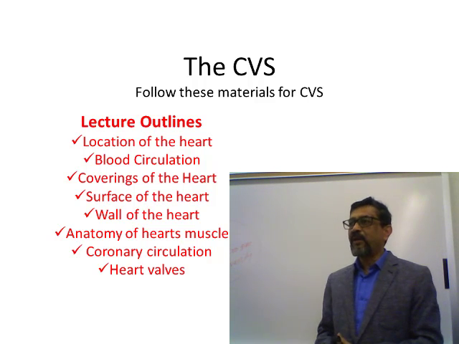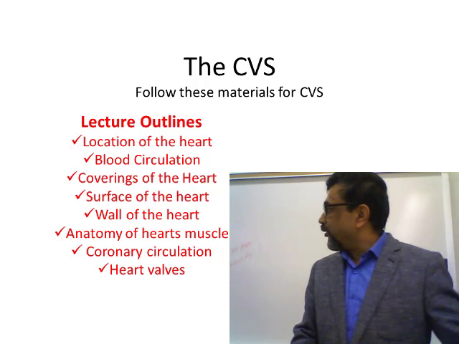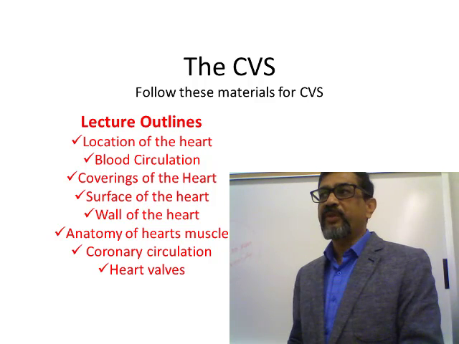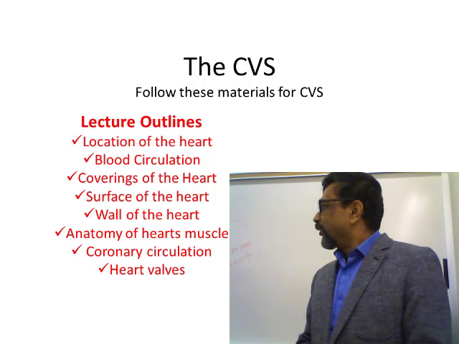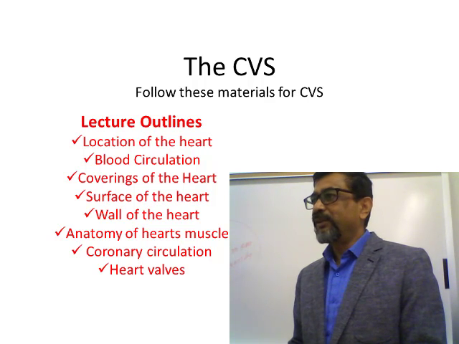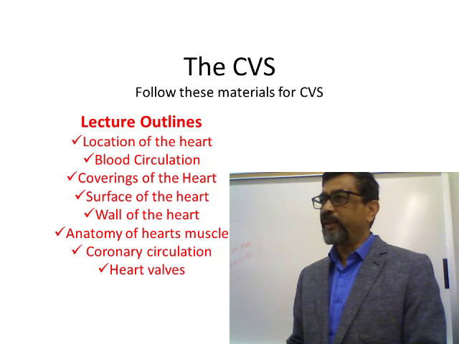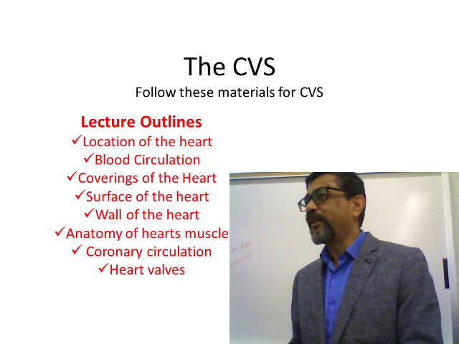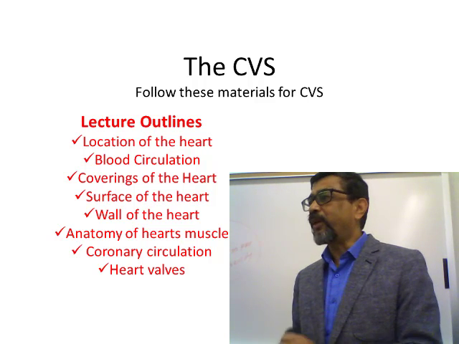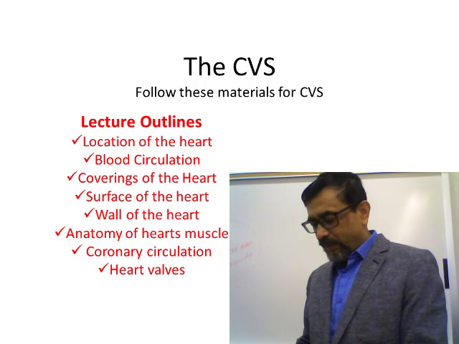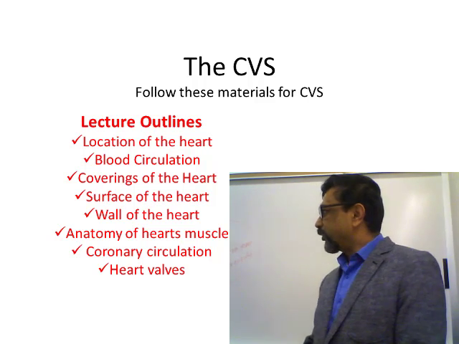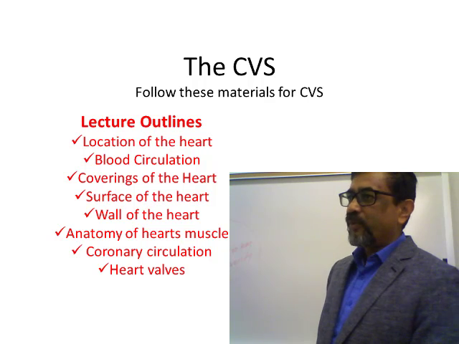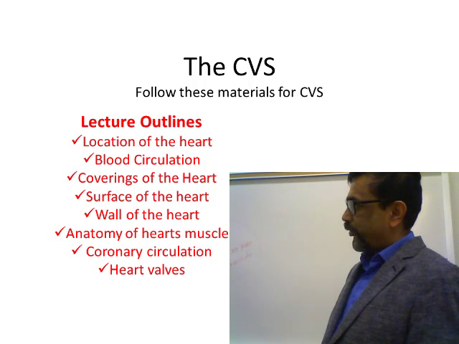We'll see the location of the heart in your body. Then we'll talk about the circulation of blood. There are two types of circulation, systemic and pulmonary. There are two other types of circulation. One is called portal, another is called fetal circulation. We'll talk about that. Then we'll talk about the coverings of the heart to protect the heart, surface of the heart. If you look at the heart from outside, what are the structures you will be able to see on the surface. Then we'll talk about the wall of the heart,